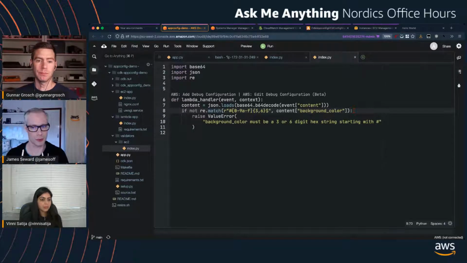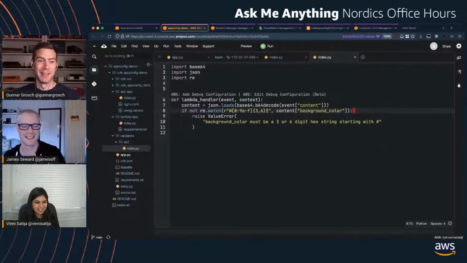So it's got the right properties, the properties have the right types. You haven't got any extra properties if you're not allowing that, for example. But the Lambda function is where you can apply whatever logic is necessary to say, while the configuration value for background color is a string, is it a string with the right format? Is it a number in the right range? That kind of thing. Surely Dev says in the comments that the error is that you spelled color without the